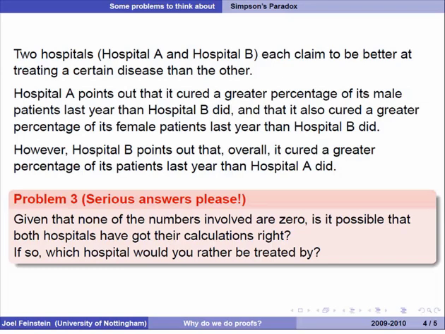So what I'm going to do is give you a few minutes to think about this, try a few numbers out, see if you can find the numbers that work, or else try to prove it's impossible, because intuitively this doesn't seem very fair. Try to come up with a view as to whether you think it might be possible. If you think it might be possible, try to find some numbers that work. If you're going to try numbers, try not to make them too balanced. Make sure that you don't have the same number of each kind of patient visiting both hospitals, because that would make it much too easy. Okay, so I'm going to pause the recording there and give you a few minutes to think about this problem.